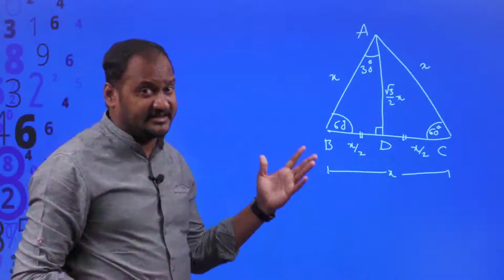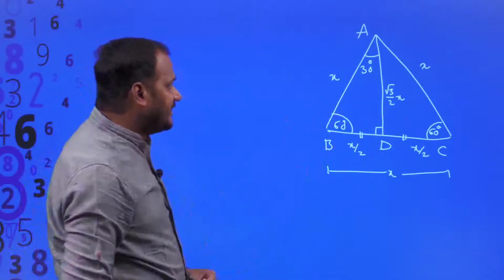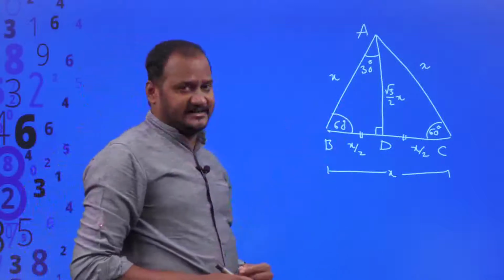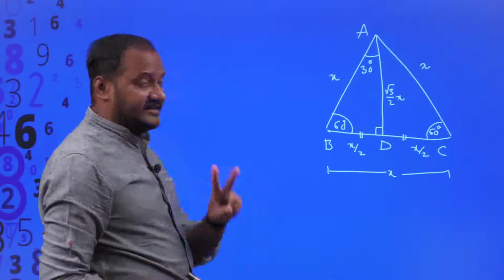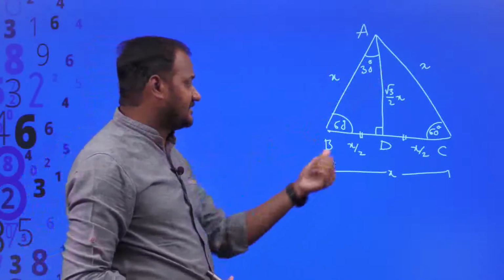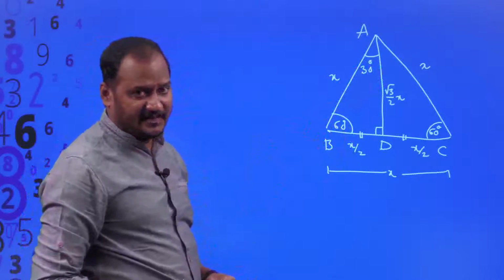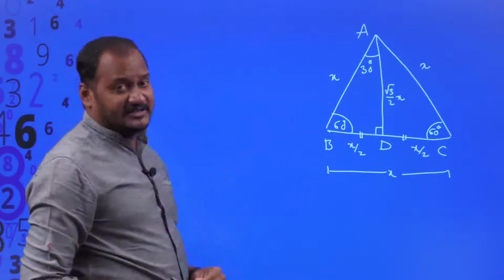We had already discussed and proved it. If you want, you can prove it by using Pythagoras theorem also. Fine. Let us consider this right angle triangle ABD. In this right angle triangle, there are two angles, one of them is 30 degrees as well as one of them is 60 degrees. Okay. So, let us consider one of the acute angles, for example 30 degrees.